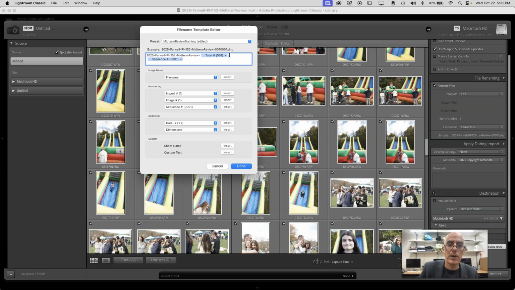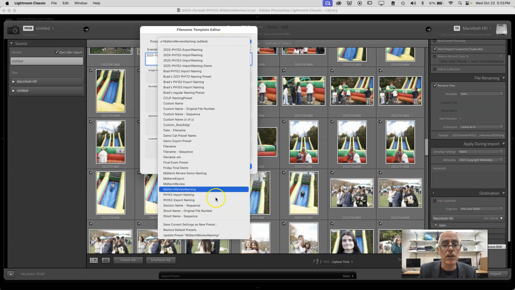Just click over here and backspace that out. So now it is that text, a dash, and a 4-digit sequence number. Once you have that to your liking, you can go here and save those current settings as a new preset and call it midterm review naming or whatever you would like. I already have one named that, so I'm just going to update it